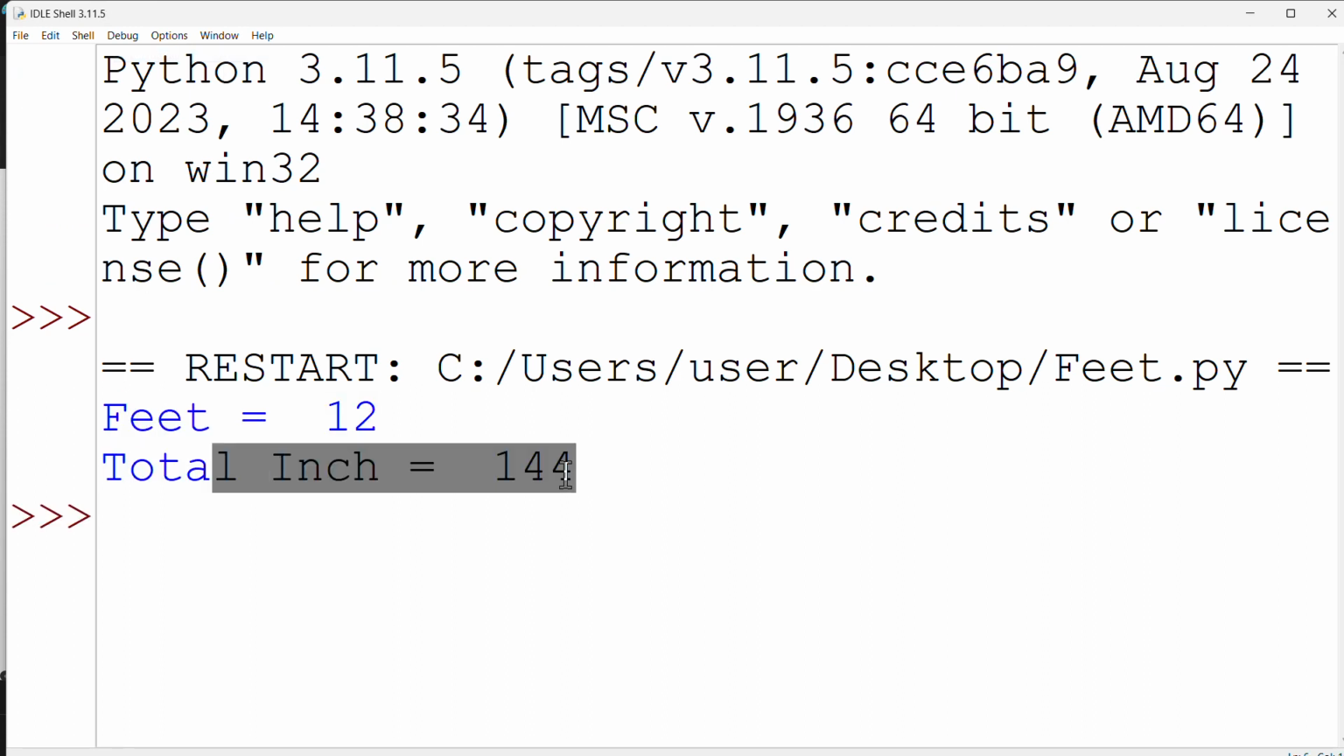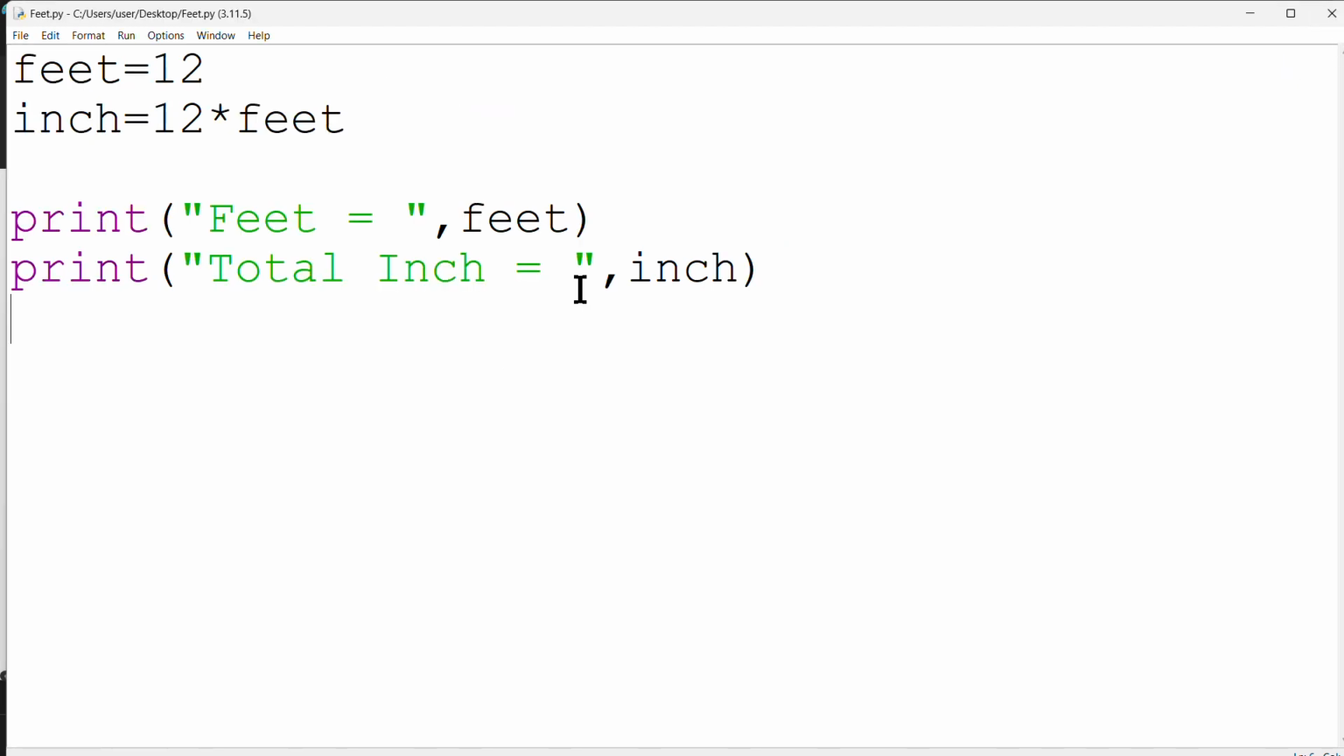Okay, once again, if you don't want to write this statement, inch is equal to 12 into feet, then you will have to write